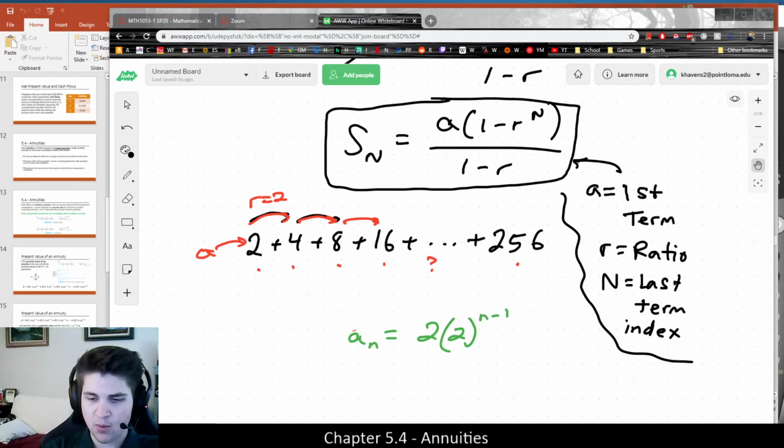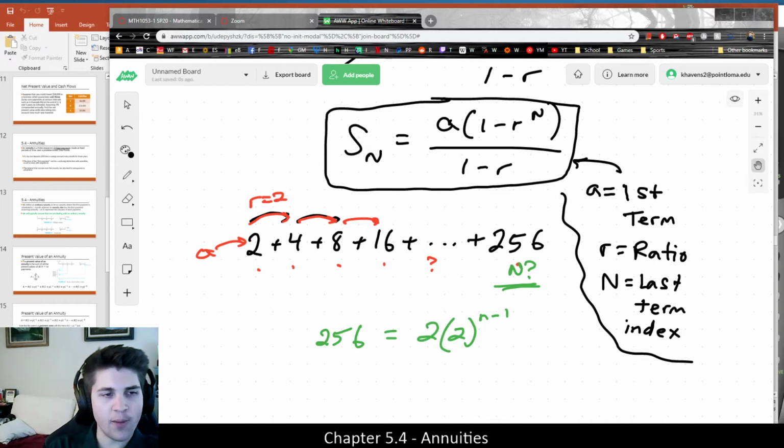My question is, what is the index n on that? That's really the only unknown I have in there. But what I do know is that that formula equals 256. So I know the value of the nth term, I just don't know n. I could figure out what index it would be by solving this equation. If I divide both sides by 2, that would give me 128 is equal to 2 to the n minus 1. I could then take log base 2 of both sides,